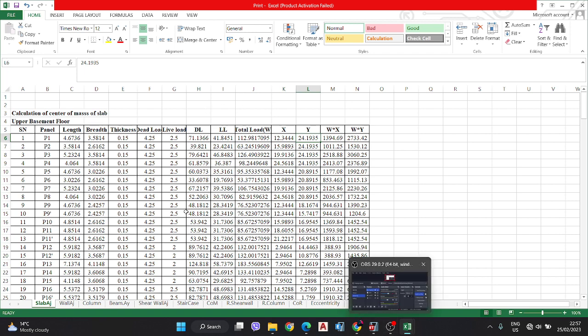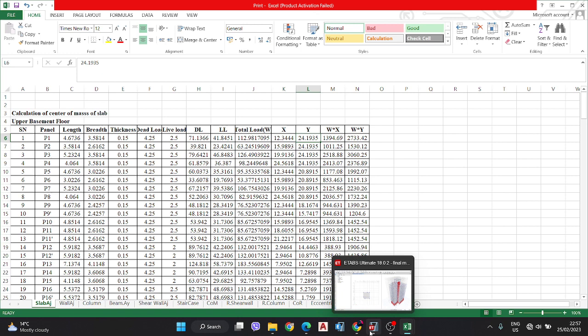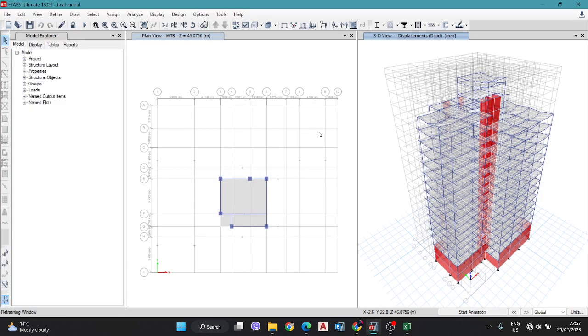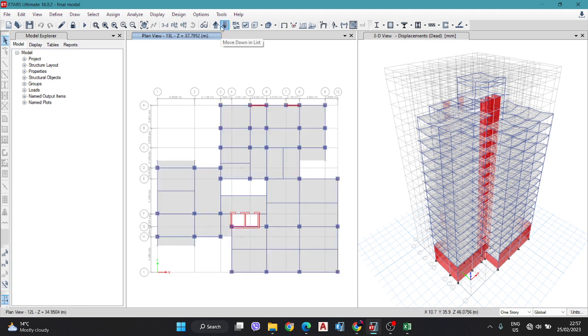Simple way to calculate the center of mass. If you have done the project in a model in ETABS, there you can easily calculate the center of mass and center of rigidity. Okay, here I am going to